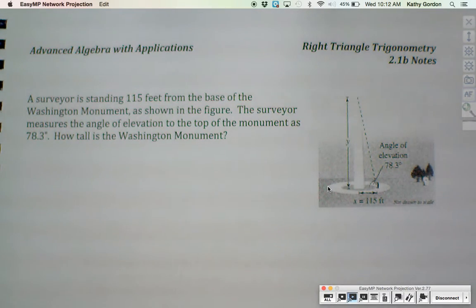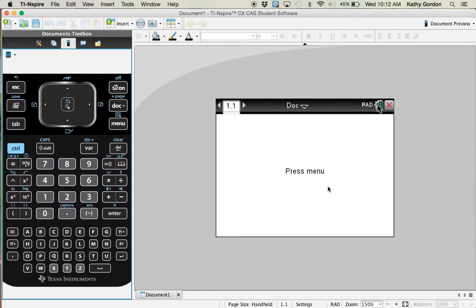There we go. Okay. The one set of questions at the end asks you to use a calculator to evaluate each function and then round your answers to 4 decimal places. We're going to talk about this more when we get back. But when we talk about angle measures and then taking the sine or cosine or tangent of that angle measure,